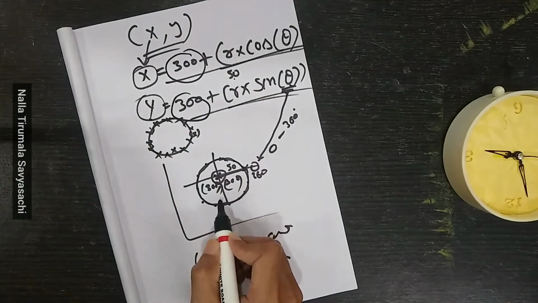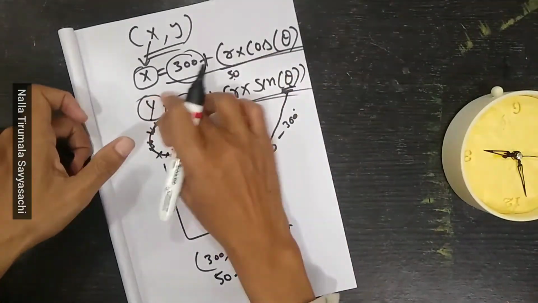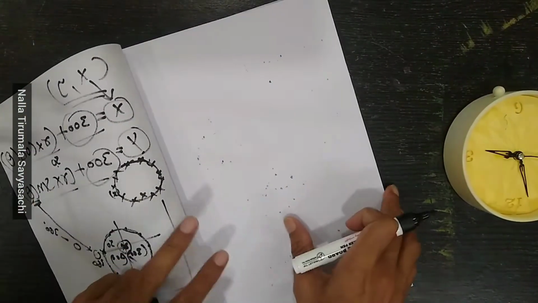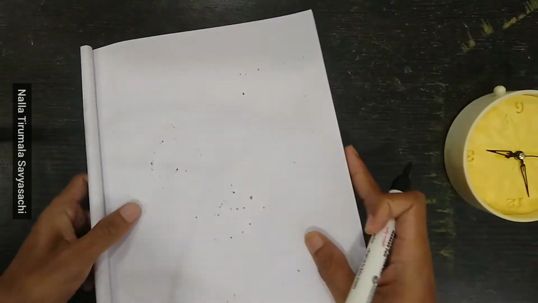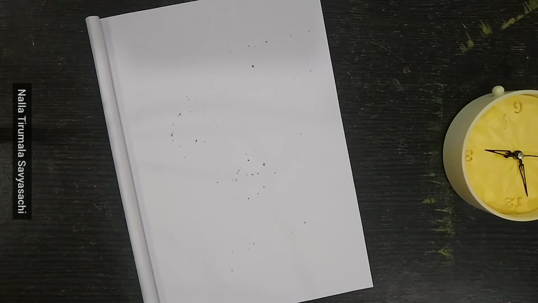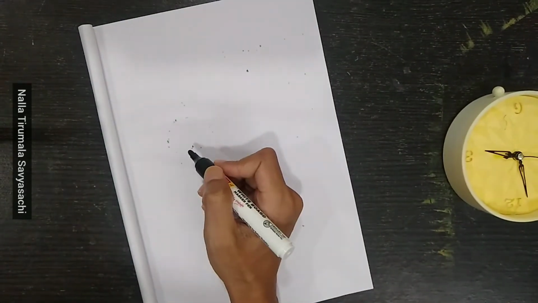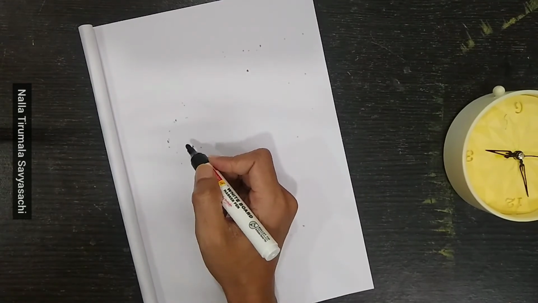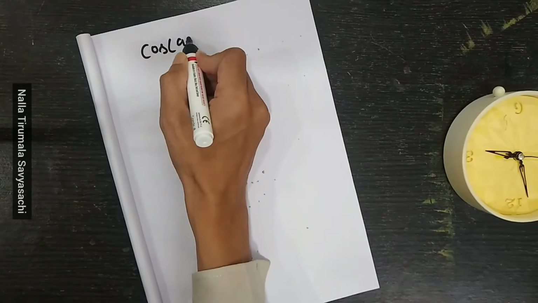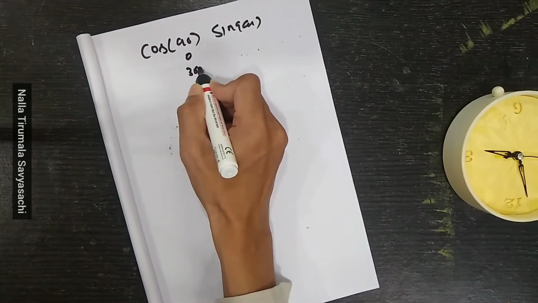Just add from where you want to do, what is the center point of your circle. So these two wonderful equations, by using them we can draw a circle. You can calculate on your paper, or you can do it by using a calculator or by using a program. To do that, we need to know what is cos 90, sin 90, cos 0, cos 360, which is 1.